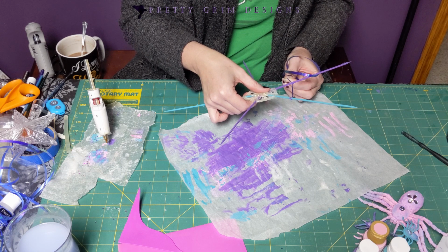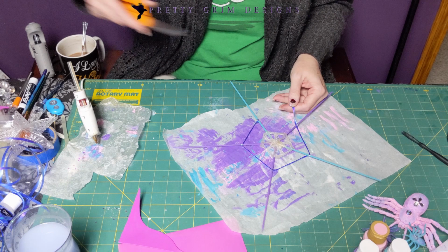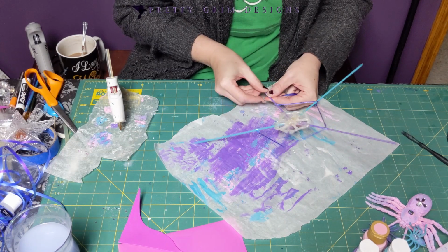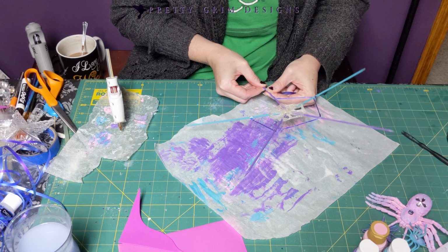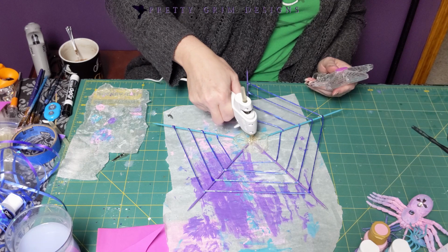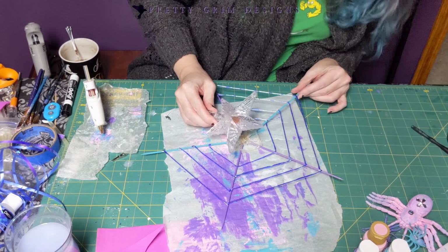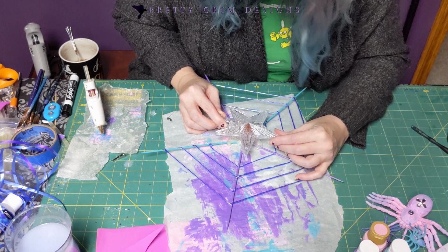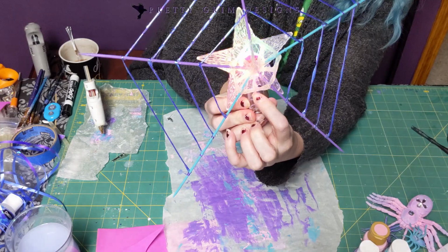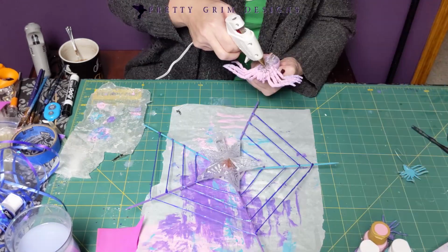And I'm just going to work my way all the way around these skewers, gluing the first round down onto the points I marked. And I'm going to do the same thing again, just a little further out. I'm just eyeballing the distances here, and I'm going to keep doing this over and over until I like it. And as you can see, I left one set open. That's because that's where it goes down on top of the tree. You don't want spider web in the way of that. Then you make sure you glue this onto the back of your star,